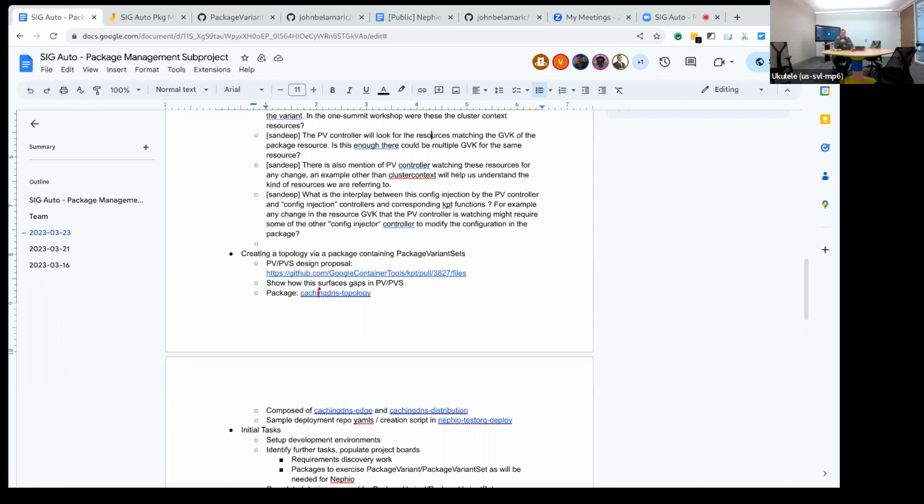Part of my goal, I think our next step, is to go through this process with a more sophisticated package, because I intentionally used something simple here, and make sure that the proposed functionality in the package variant in particular is sufficient to cover the needs. So what do people think about that? Any opinions? Otherwise, I'll just move forward.